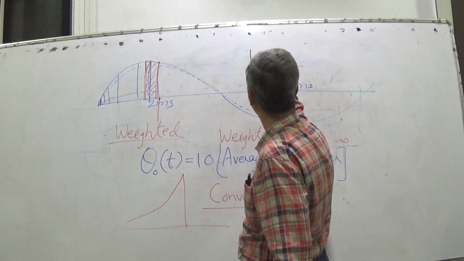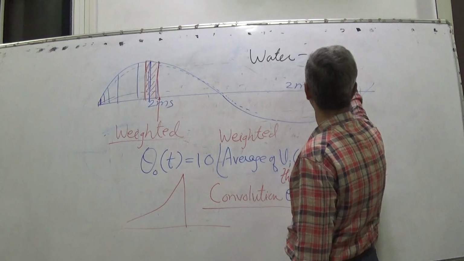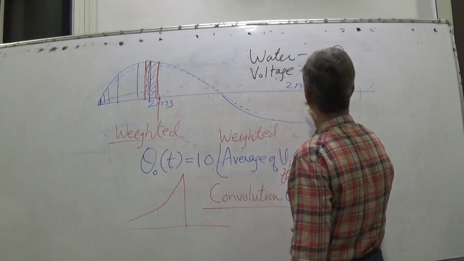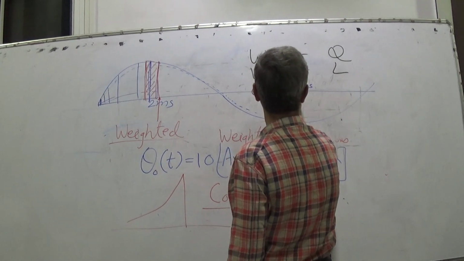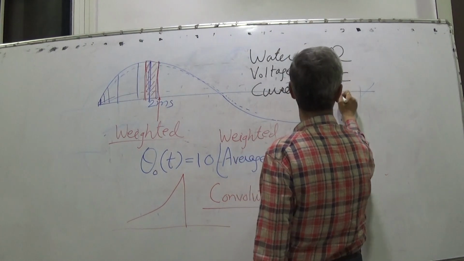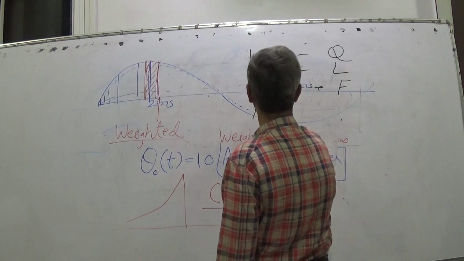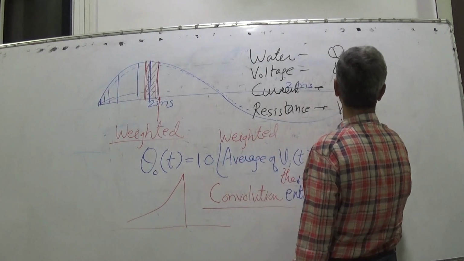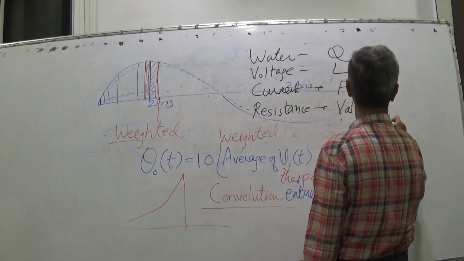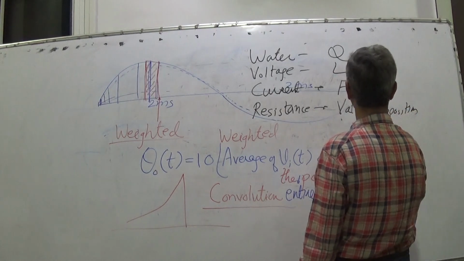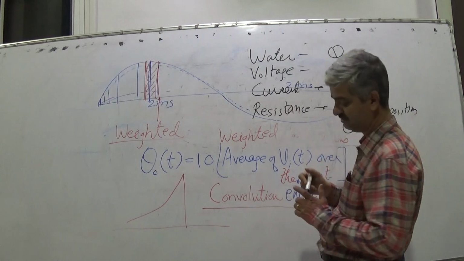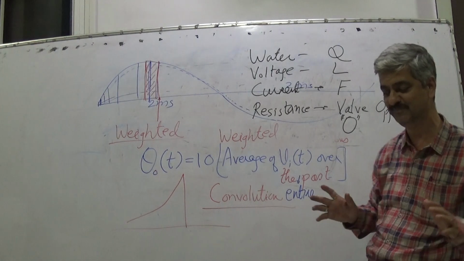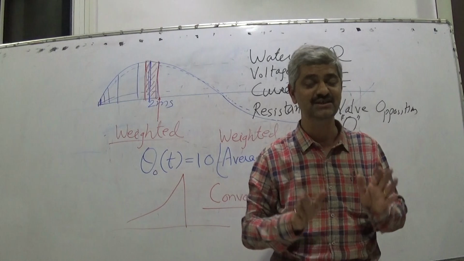So in that, water is equivalent to electric charge Q, voltage is equal to water level L, current is equal to flow, and resistance is equal to valve opposition, that I say O. So with this, water quantity, water level, water flow and valve opposition, you listen in the next lecture, in which most of the things would be